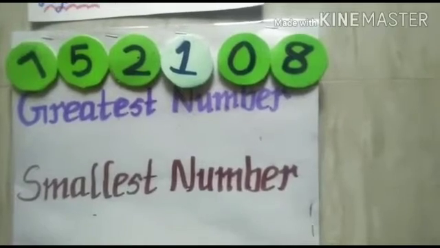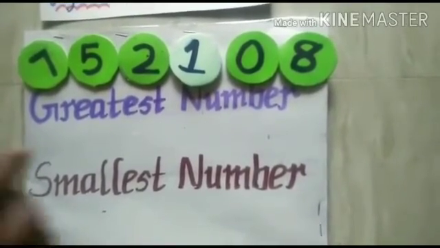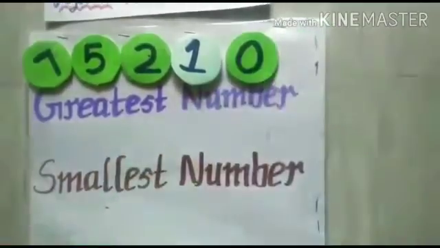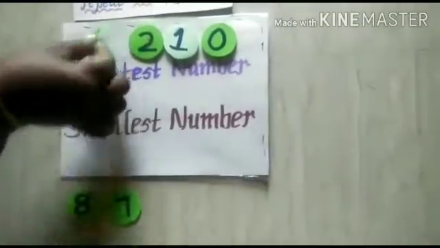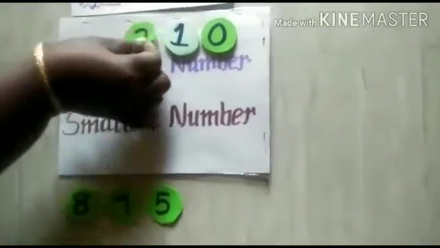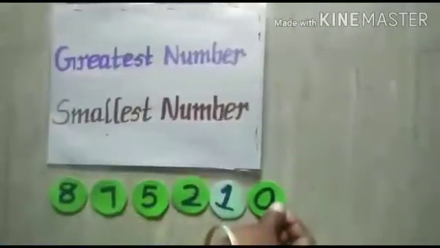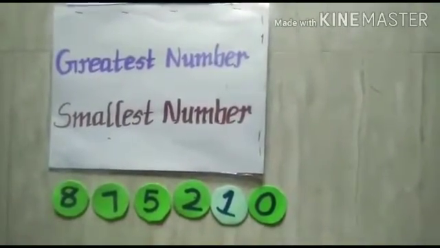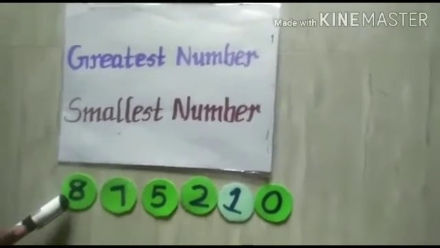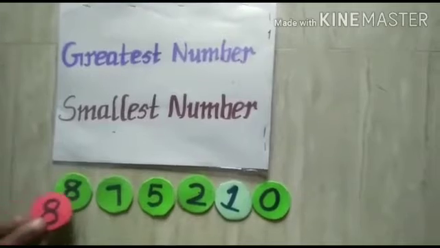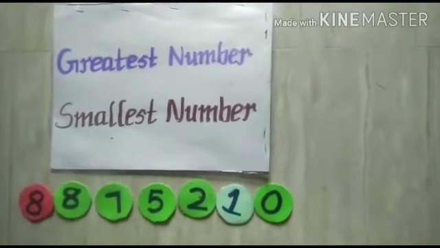For that only they have given the condition, you may repeat the digit. Now let us form the greatest number first. For the greatest number you have to arrange in descending order. So I am taking 8, 7, after 7 5, then 2, 1, 0. I have arranged in descending order, but we want a 7-digit number. So which number do you have to repeat? You have to repeat the greatest number. So 8 should be repeated 2 times. Now you got the 7-digit number?